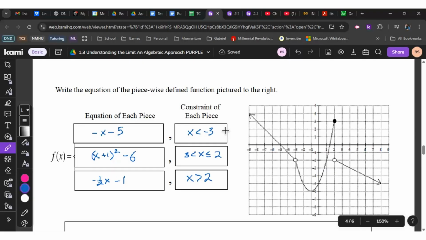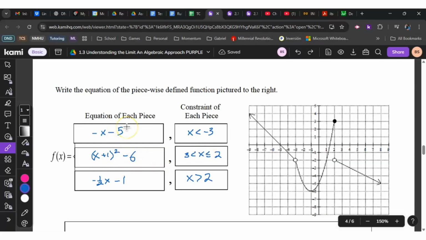Because remember, this is when you completed the square in pre-calc, and you did it because this gave you the vertex, and my vertex is at -1, -6. So x minus -1 is x plus 1 minus 6. So it's a special way of writing them that makes it easy to find them. Now that we have those, we've got the graph as kind of a support, but we're going